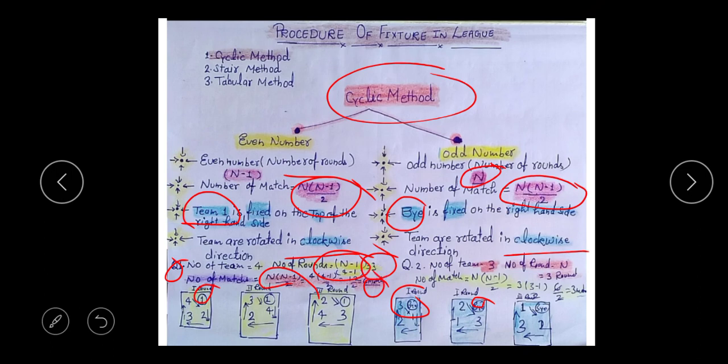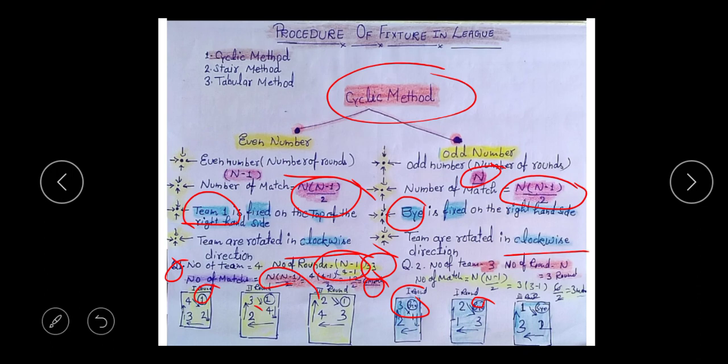Clear? Same, number 1 will be fixed here, 1 2 3 in a U shape. You will make the clockwise direction 1 2 3 4. Clear? One number is fixed for every 3 rounds. Rotation is 3 there, 1 2 3 4. After that, 3 will rotate; in the next round, this 3 will become the 4 number place, and 4 will come to the 2 number place, and 2 will come to the 3 number place. One rotation here also.